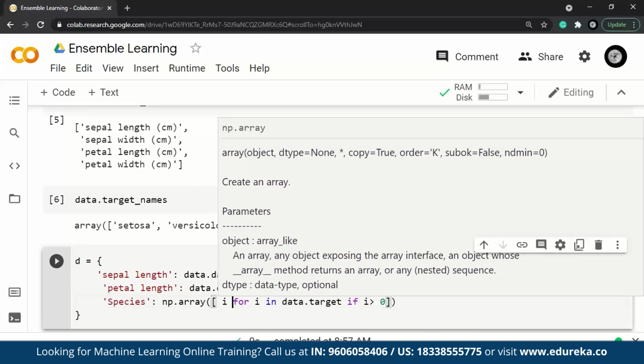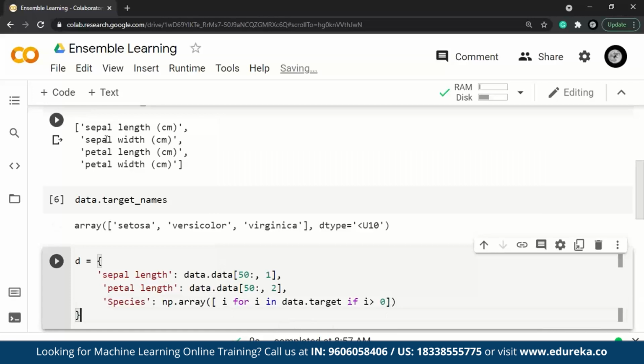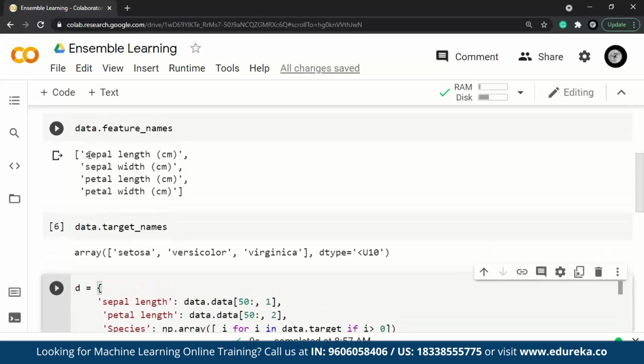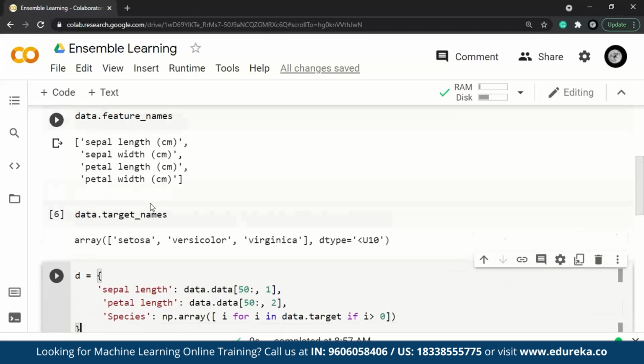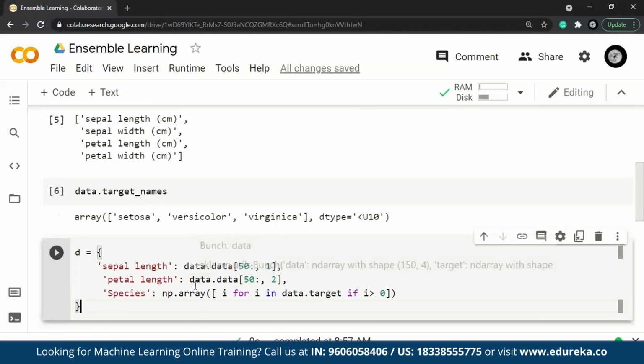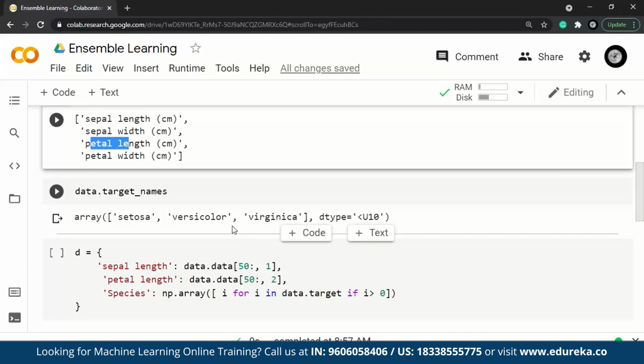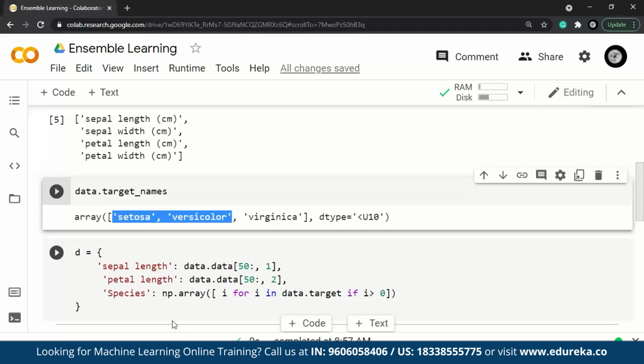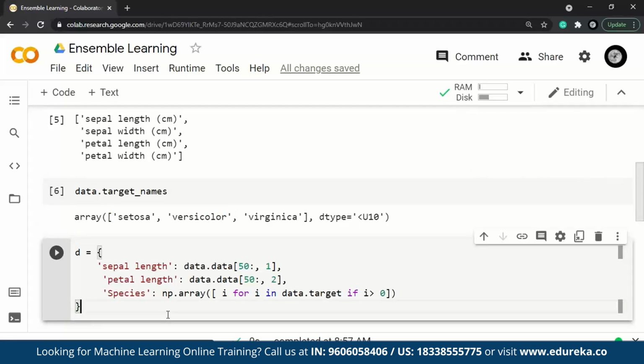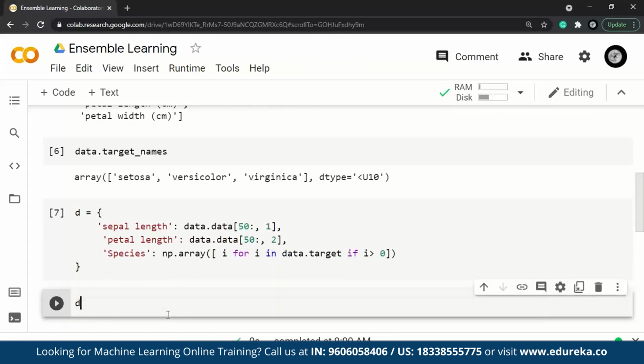Okay, so let me quickly give you a brief of what I'm doing. So basically over here we have, as you can see, 4 features, that is sepal length, sepal width, petal length, and petal width, right? But as we are trying to understand how this thing works, I'm not going to take this entire data over here, all the columns. Okay, so instead of that, I'll take just sepal length and petal length, and we'll also keep it simple by keeping it as a 2 class classification. And now if I execute this and just put d over here,